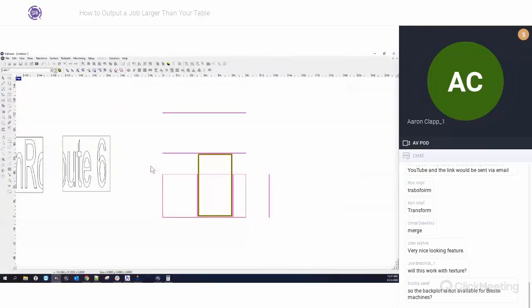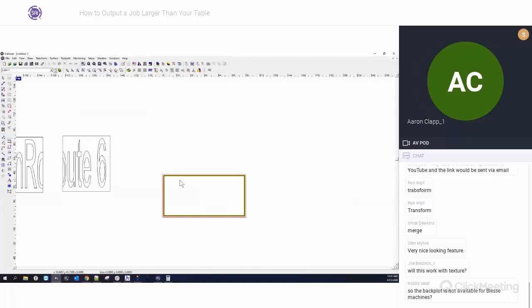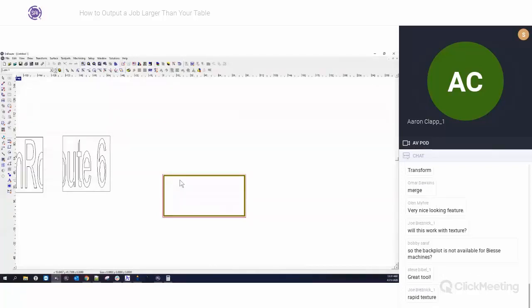So yes, any kind of, because what it's doing is it's not actually cutting the geometry in half. Let's delete those panels. It's just taking the tool paths and cutting those in half. And so that's the kind of nice thing, is it's not actually cutting your geometry. So yes, you can do this with 3D. You can do this with anything 2D. You can also do this with rapid texture, but